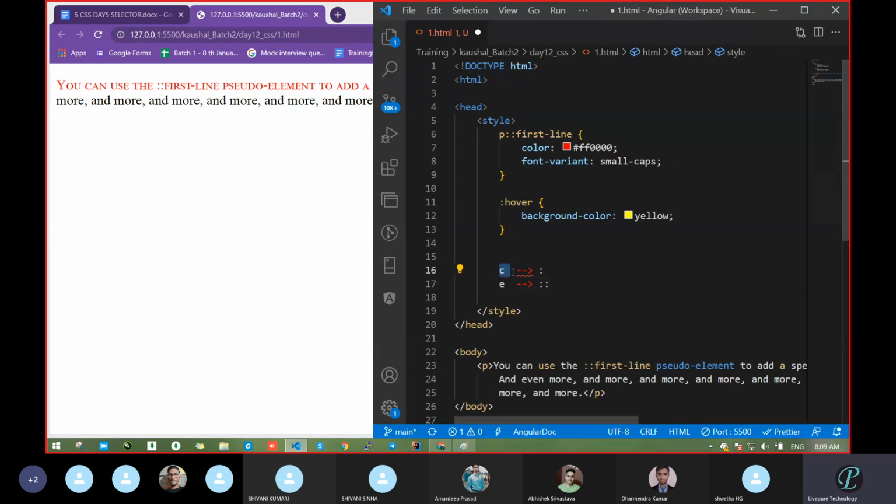This is the first letter. Meaning C is coming before E, so this is first and this is second. So in case of the first, we will pass one colon, a single colon, and in the second, we will pass two colons. Clear? This is the proportion. Clear or not? Have you got this idea? In an interview, this will be very helpful, so please keep it in mind, and this way we can easily identify it.